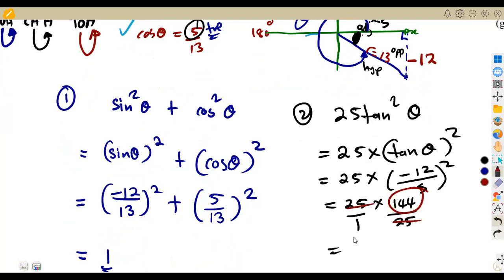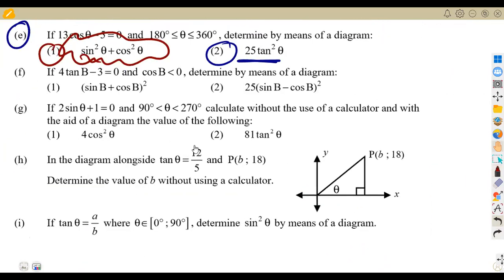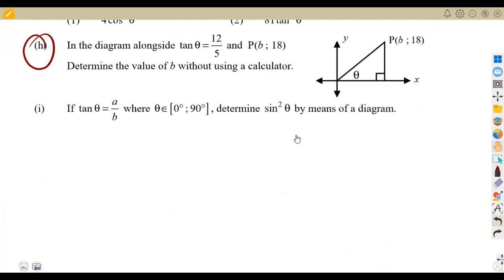You remain with 144 over 1, which is going to give us 144, or you can just use your calculator at once. You are going to obtain the same answer, which is 144 in that case. All right, so this is how your trigonometrical ratios can be applied. All you just need is to understand which quadrant you are given and simplify properly whatever question you are given. All right, let us see what they are talking about on question number 18,